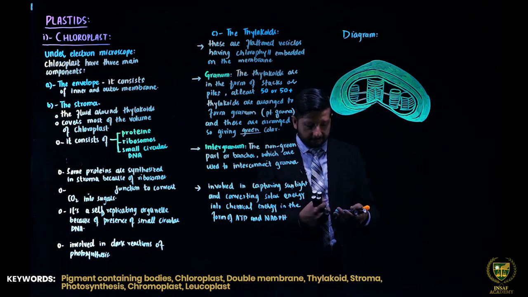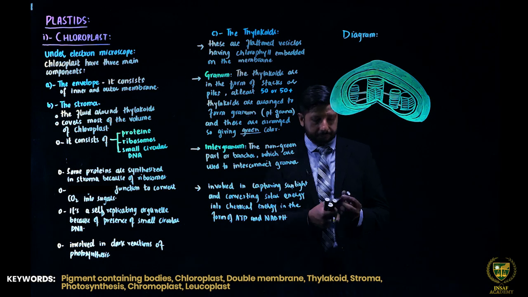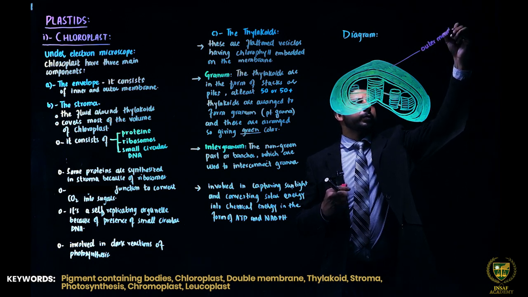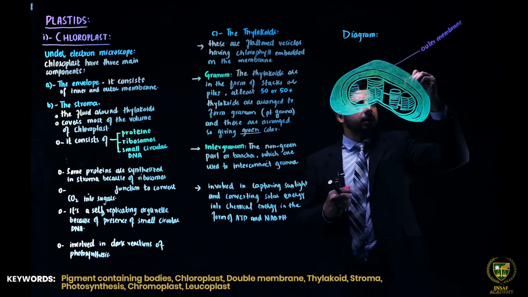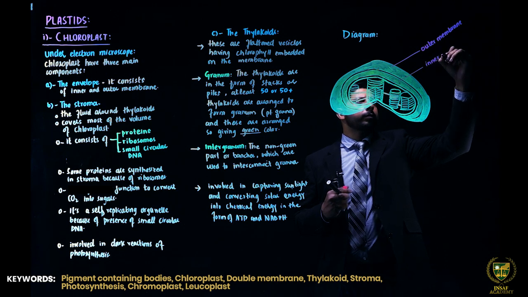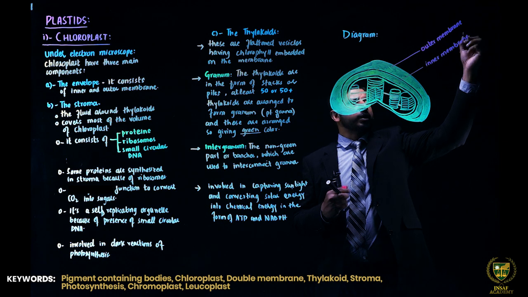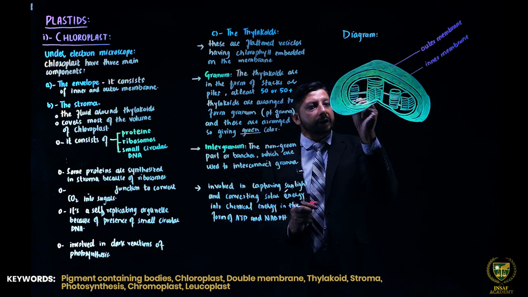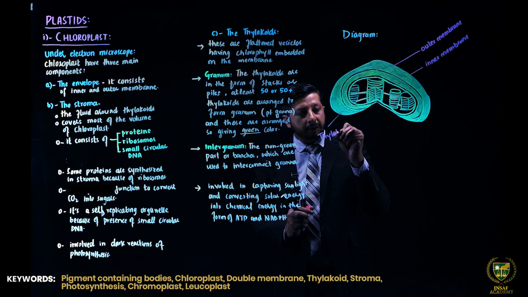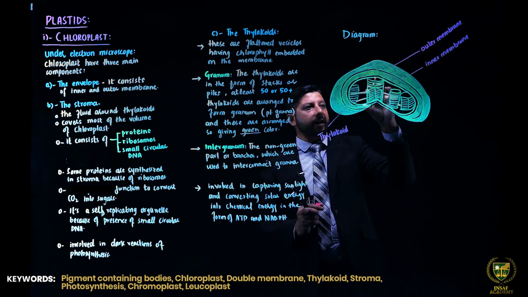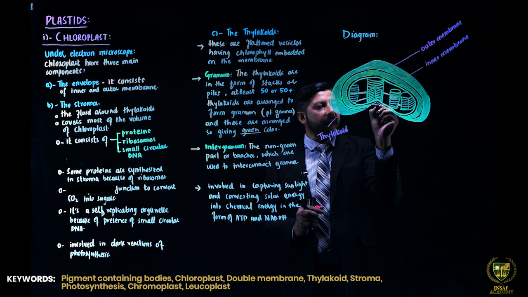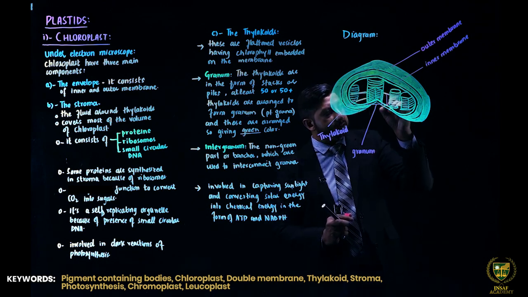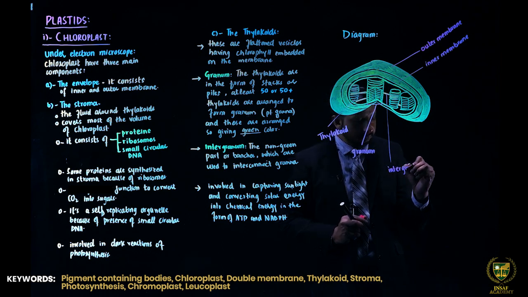Now I'm going to label it finally. So this is the outer membrane, and this one is the inner membrane. Both of them collectively make the envelope, the first part, clear? This one. Now, this one is called thylakoid, clear? And this whole stack is called granum, clear? And these are intergranum,